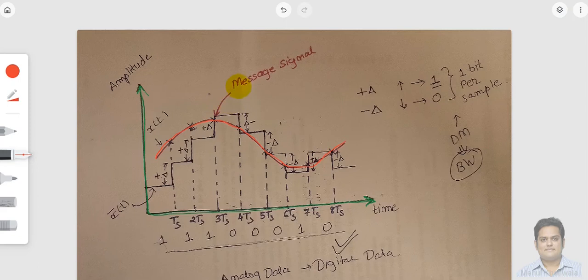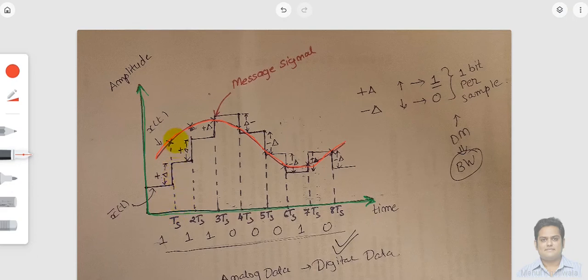Now I want to convert this input signal into a stream of 1s and 0s. For that purpose, we are going to take this x(t) value. I am starting from here. You can take any of this x(t) value, it doesn't matter, right? So x bar of t is a quantized signal. We just wanted to compare these two things. What is the value of the input signal at a particular sample?